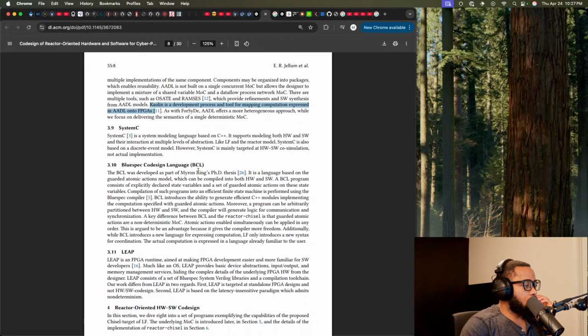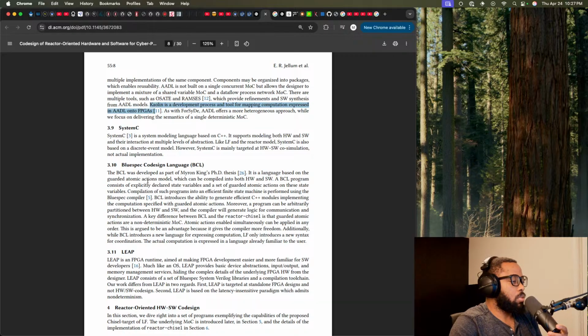Bluespec co-design language. It's a language based on a guarded atomic actions model, which can be compiled to both hardware and software. A BCL program consists of explicitly declared state variables and a set of guarded atomic actions on these state variables. BCL introduces the ability to generate efficient C++ models implementing the computation specified.